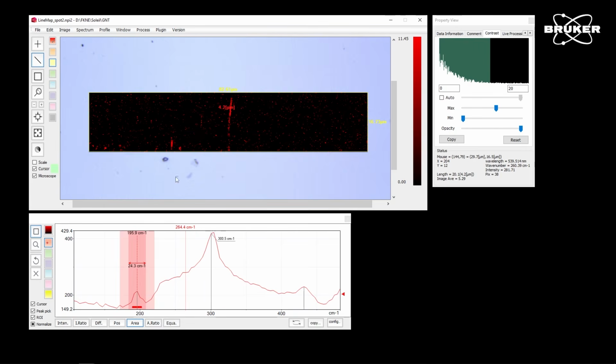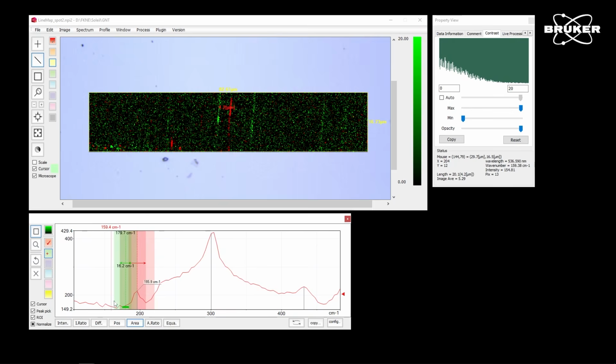These radial breathing modes directly correspond to a certain diameter of the carbon nanotube. This means the higher the wave number of the radial breathing mode, the smaller the diameter. So every nanotube that appears in this range will have a smaller diameter than all the nanotubes we can make visible in the lower radial breathing mode range. What we can do now is continue in this area and look for additional breathing modes, like for example here with the green one. If we integrate here around 179, two, three, more of these nanotubes are colored in green.